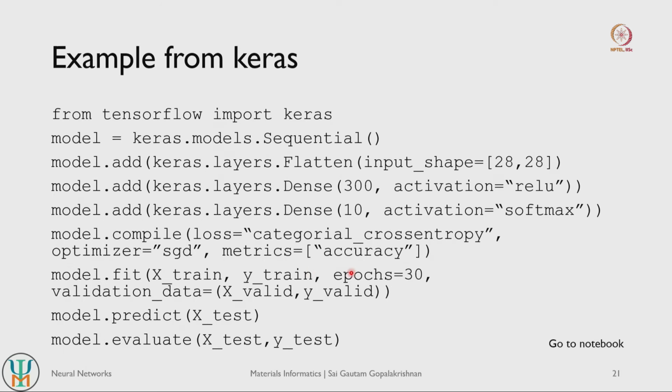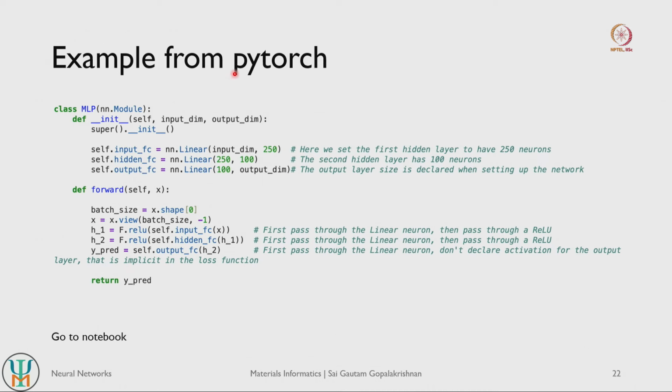You also declare other relevant hyperparameters, such as the number of epochs and the validation data on which you want to track the loss values as well. The predict function just gives you the actual predictions that the model makes, but the evaluate function is much more useful because you can evaluate the performance of your model. So basically track the exact same loss and metrics across the entire test set. Very often you use models in evaluation mode first, and in prediction mode you use it mainly for production runs. So that was the example from Keras.